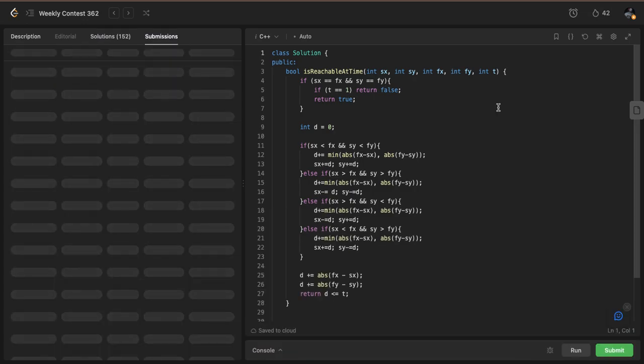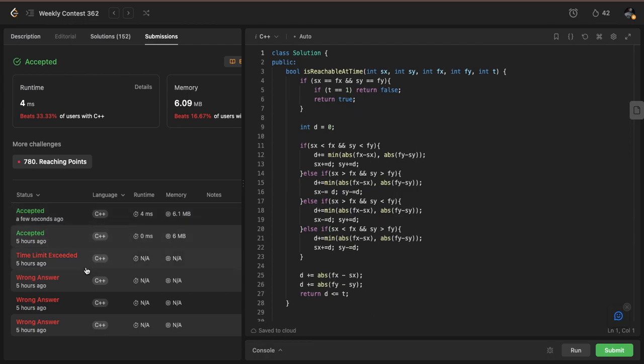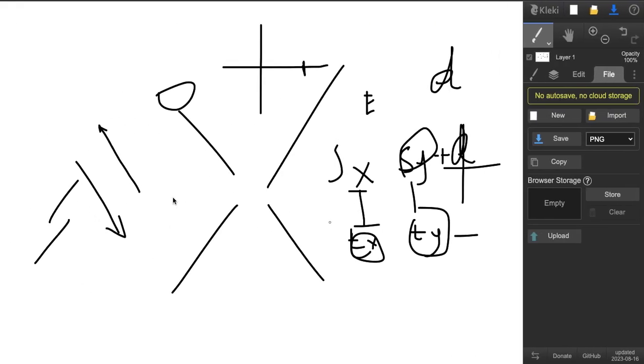So I submitted, and then it passed. This is me during the contest. Yeah, I made quite a bit of errors, but it's fine. And so yeah, this is the perfect solution. You cannot do any better than this. And yeah, I mean in the contest it was 0 seconds, but I guess for some reason